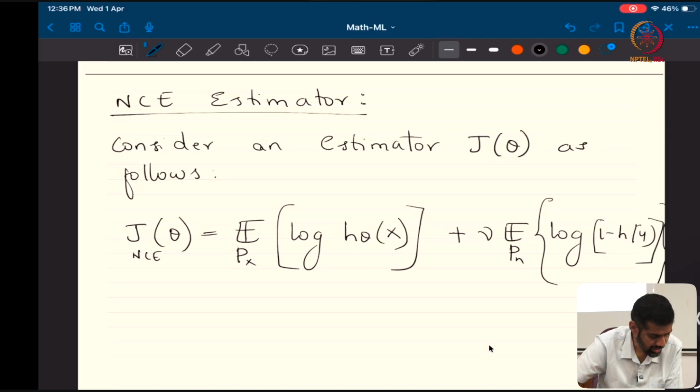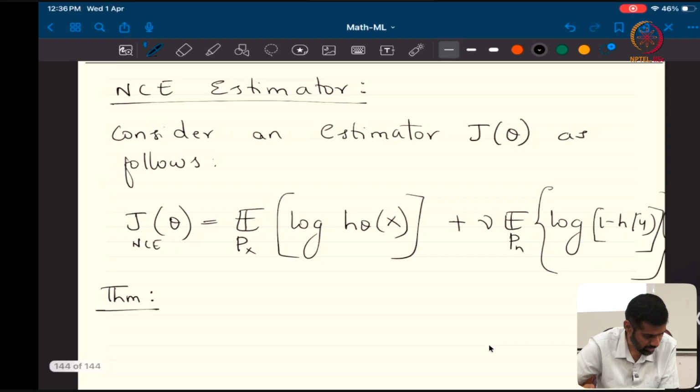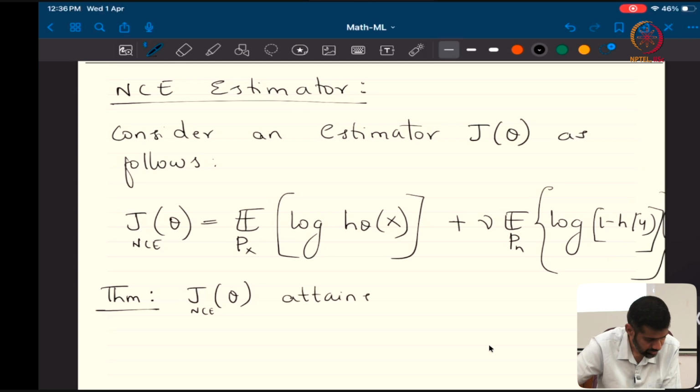Now, the theorem says as follows. I will just state the theorem without proof. Take this proof as an exercise. I will give you the sketch of proof. You do it. Okay. The theorem is as follows. So, this J theta NCE attains a maximum at